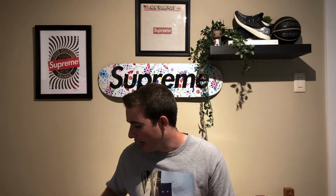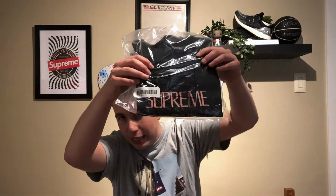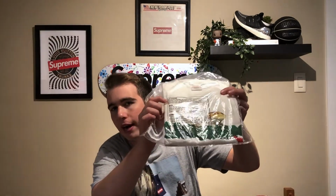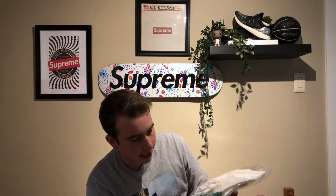Let's go. Alright, let's go through these tees real quick. I'm not gonna open any because I'm gonna keep them dead stock. But this is the Annoy, Demoy, whatever. Anyway, black shirt, pink writing, super fire in my opinion, and a size large. Pretty nice grab there. Then we got this lizard tee in a white large, pretty fire as well. You got the huge spell out in green, and I think that green just hits off that white so